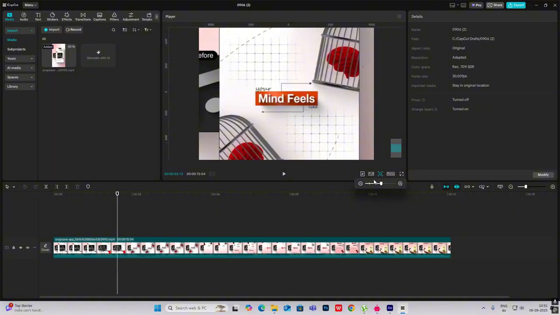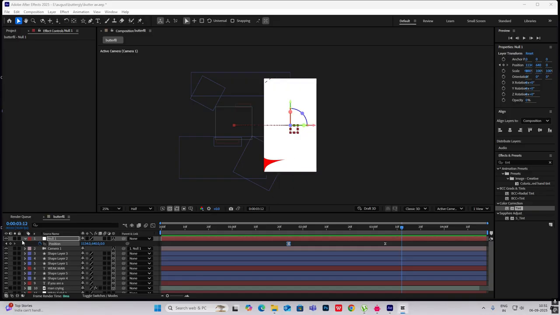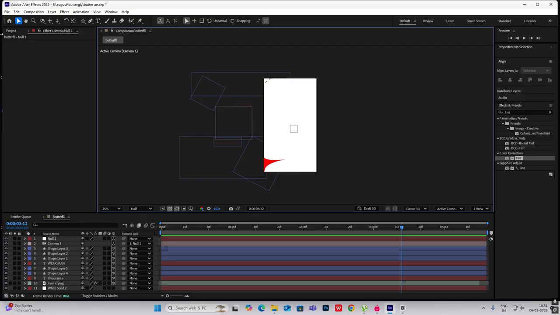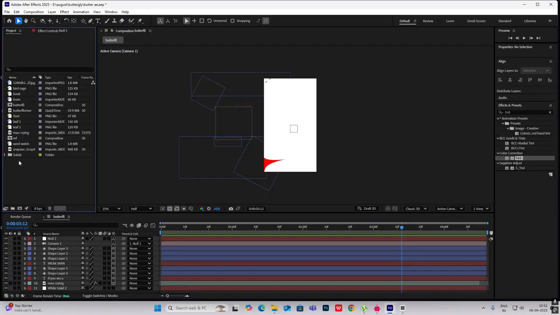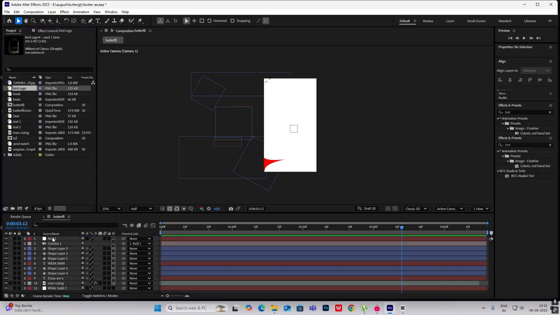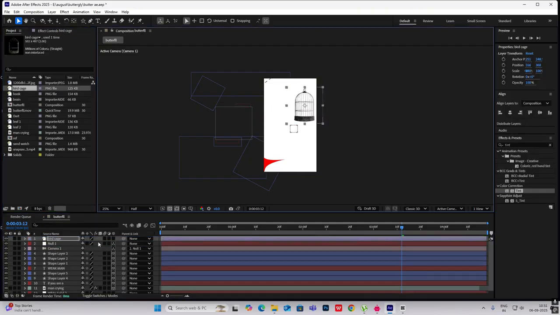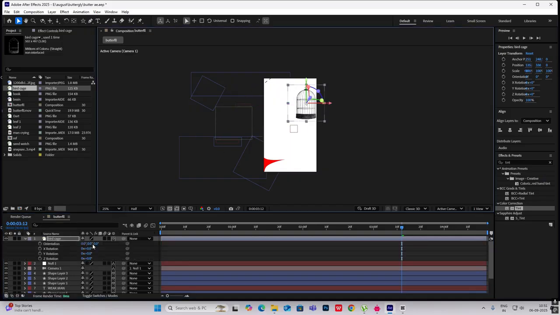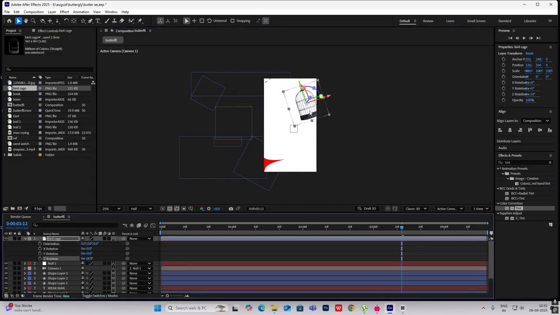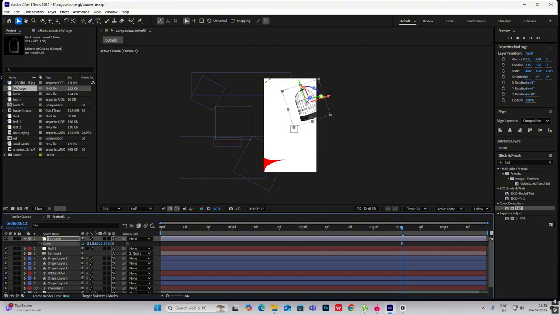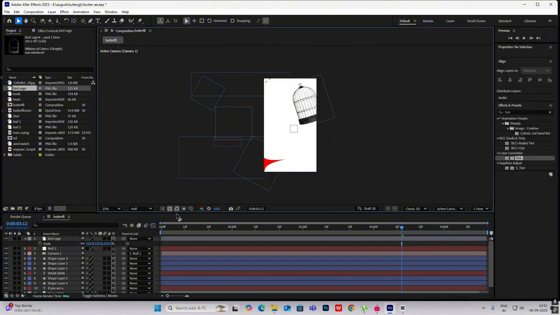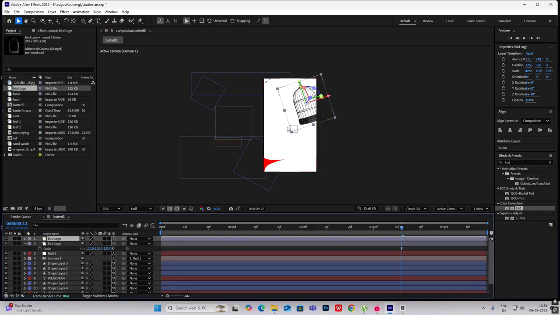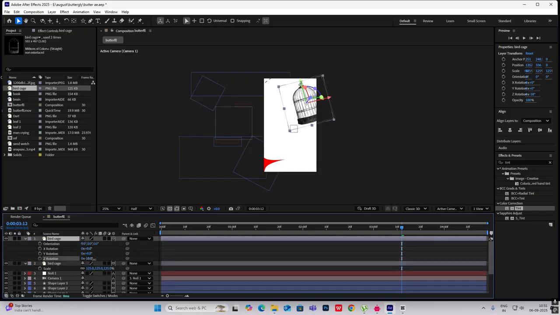So first let's bring this cage. I got this cage again from Google Images. So I'm going to bring the bird cage and let's put it here, make it 3D. Hit R for rotation. Going to increase the scaling also, and I'll hit Ctrl D to copy it, R for rotation, and